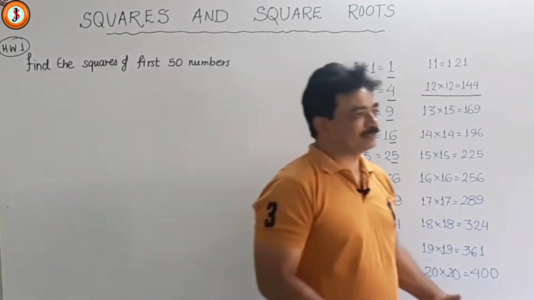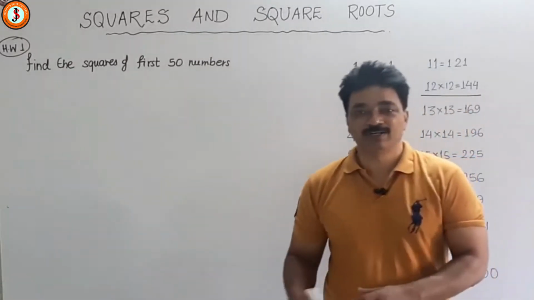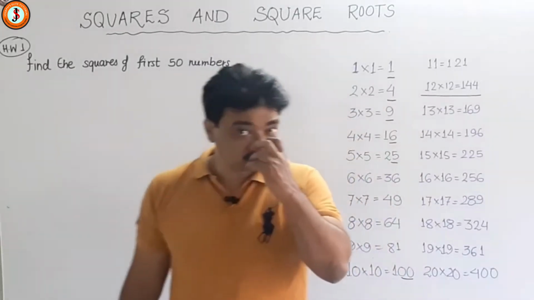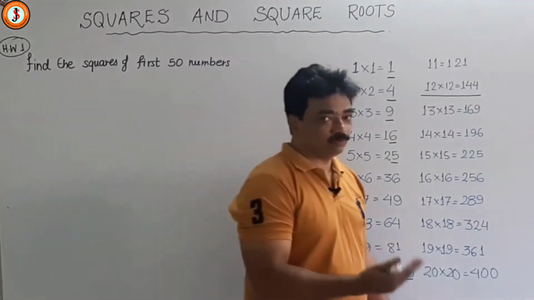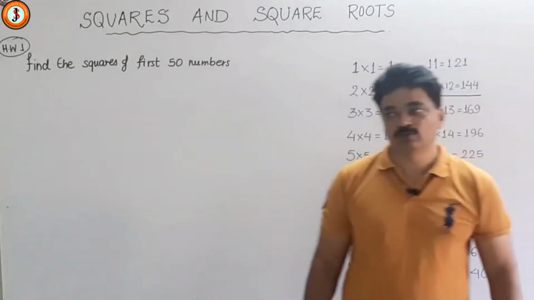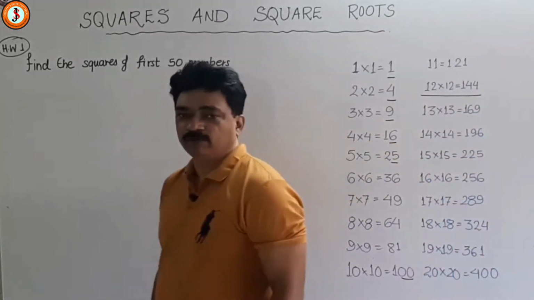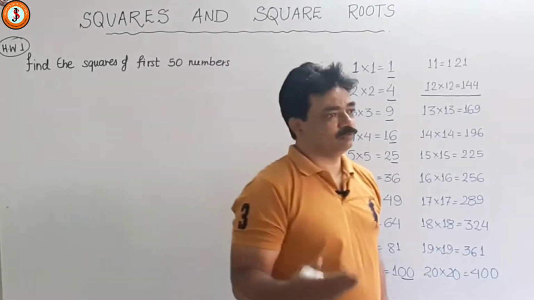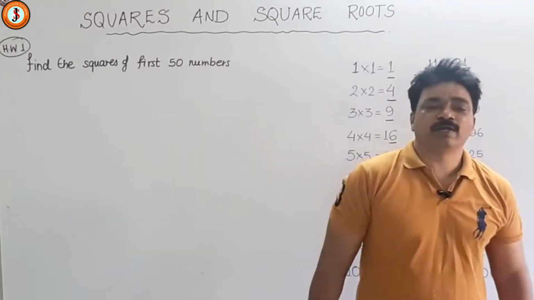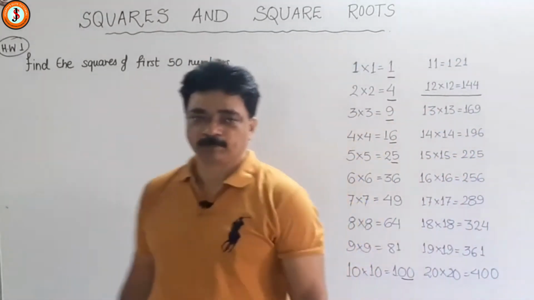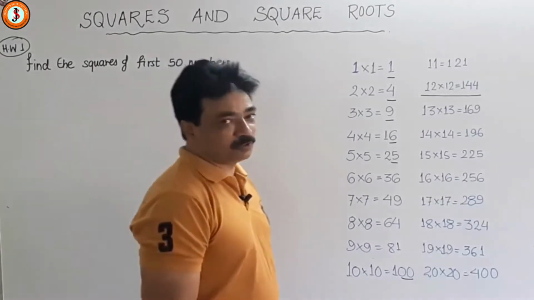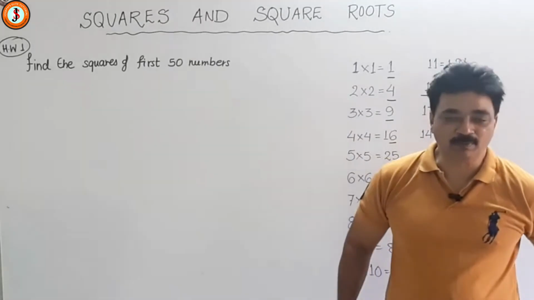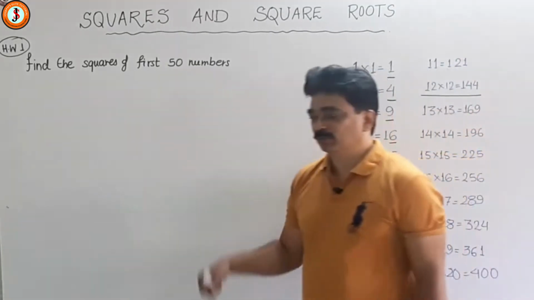So suppose somebody asks you what is the square of 49, you have to tell 2401 because you have memorized it. What is the square of 25? It is 625. 25 into 25 is 625, like that. What is the square of, say for example, 35? 1225. 35 into 35 is 1225. So some tricks also I will be explaining to you on how to find out the squares faster. But the most important trick is that you can memorize the first 50, or it will automatically come into your memory through your practice and when you prepare for sums.